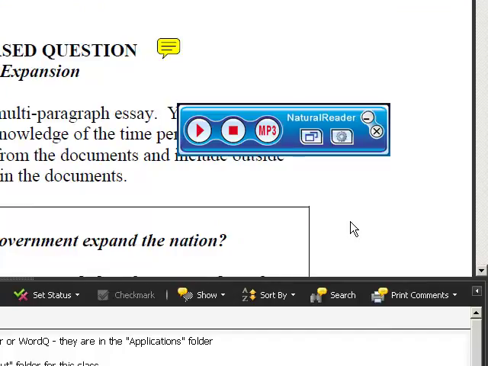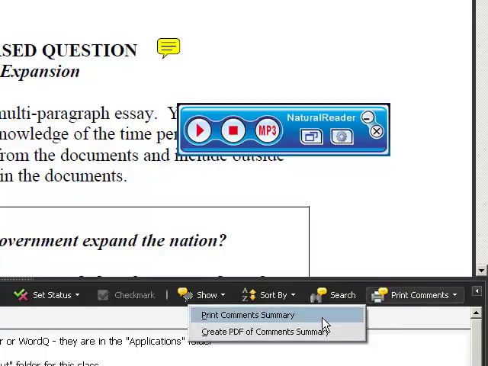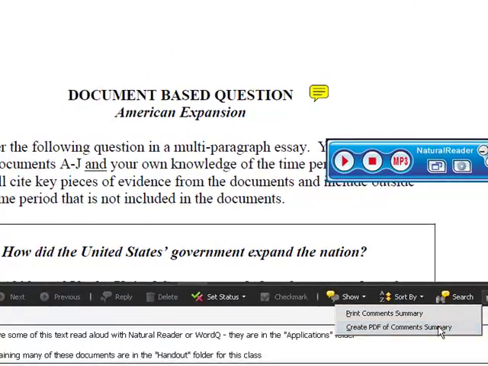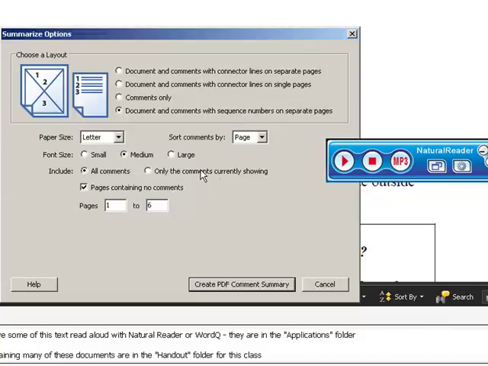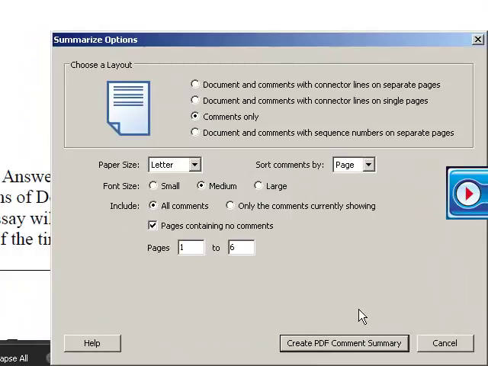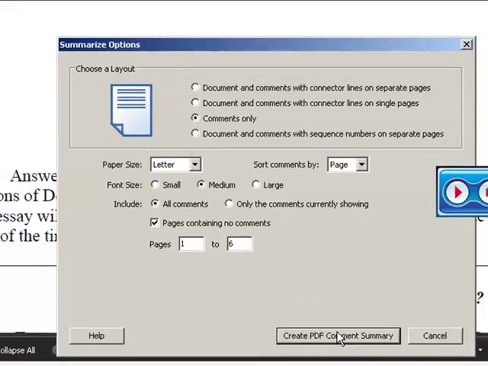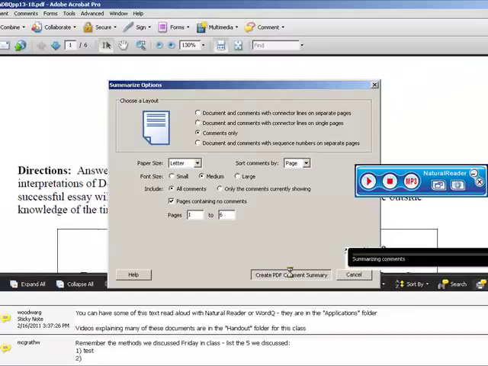The other nice thing that you can do is once you get your comments extracted, you can choose to print those and create a separate PDF document, or you can just print it right to the printer and turn it in. But let's say I wanted to create a PDF of my comments summary. I'll click on that, and then I'm going to select Comments Only because I don't need another copy of the PDF with the readings in it. And then I'll click Create PDF Comments Summary,